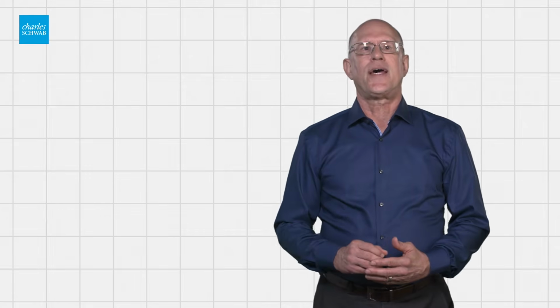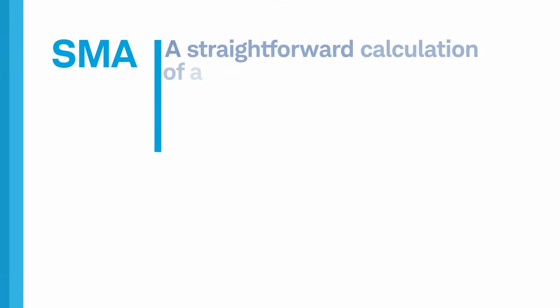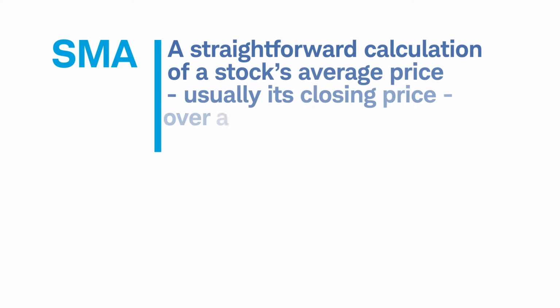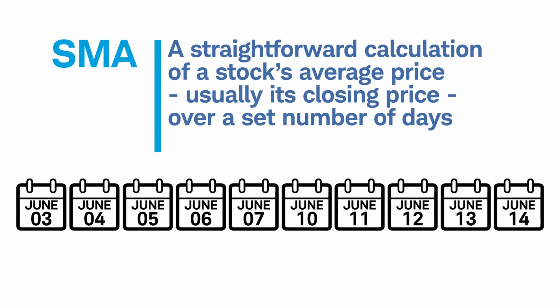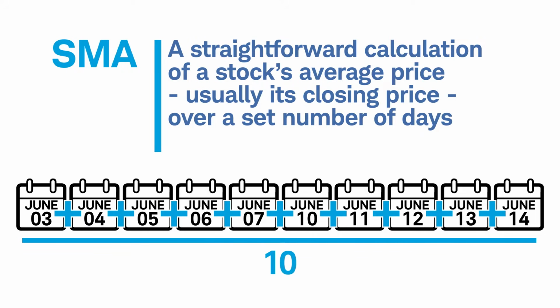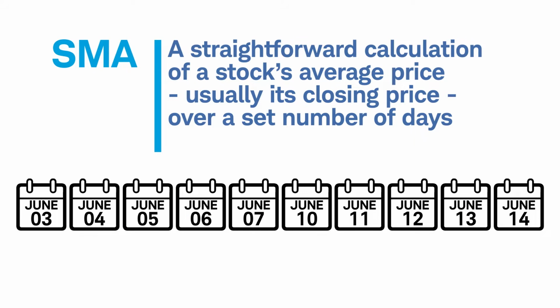A simple moving average is just what it sounds like, a straightforward calculation of a stock's average price, usually its closing price, over a set number of days. So, if you're looking at a 10-day moving average, you just add up the stock's last 10 closing prices and then divide that number by 10. And because this is a moving average, as each day passes, you add a new closing price as an old